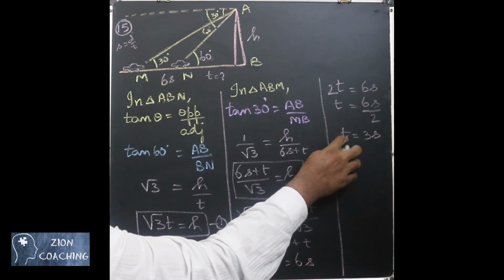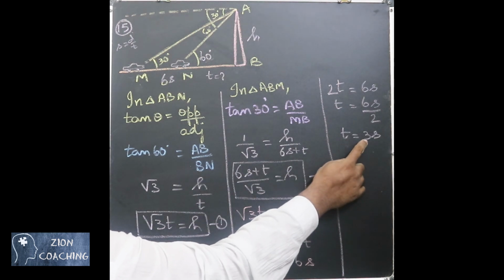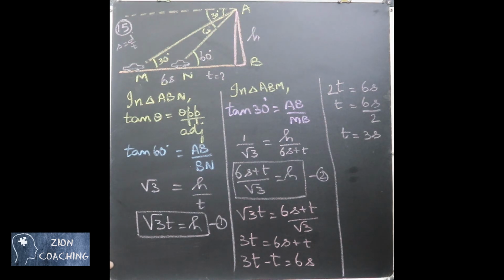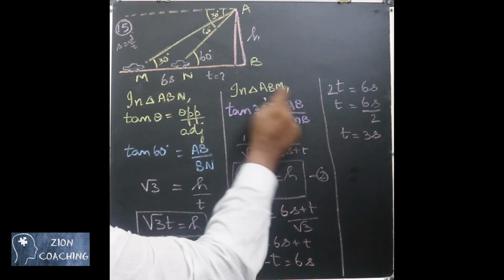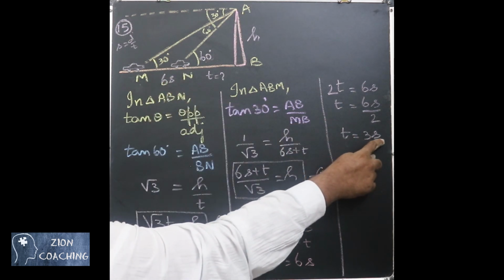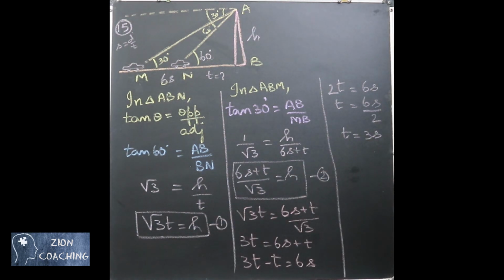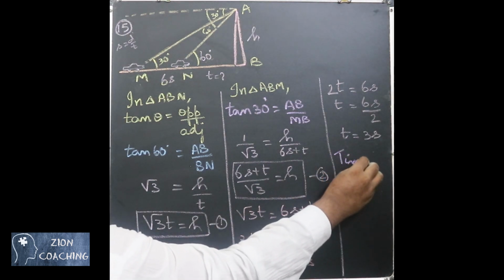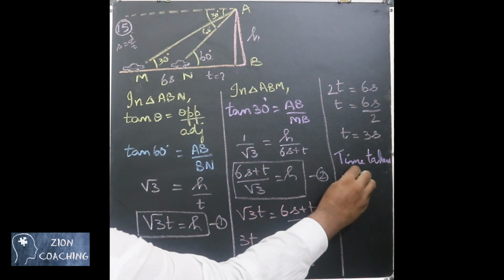Now this t is nothing but the distance here. You know that the distance is given by time taken into speed. They have given the car is traveling with a uniform speed. So we took the speed here to be s. Here also it is going to be s. Only the time is changing. Initially here the time was 6. So the time into speed, speed is s, time is going to be 3 seconds. Now we have found out the time taken. Time taken equal to 3 seconds.